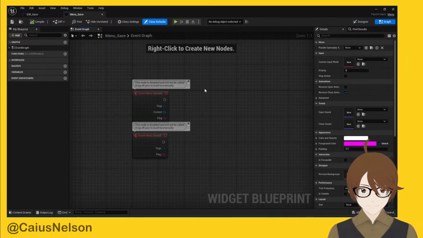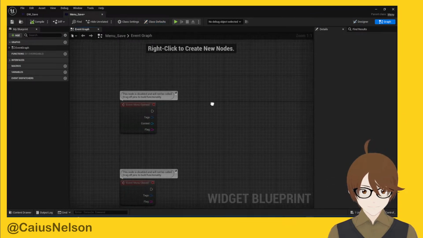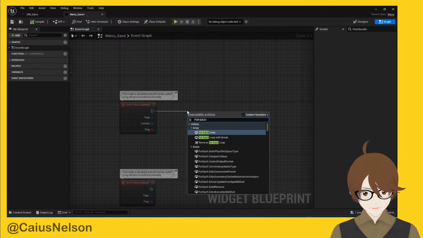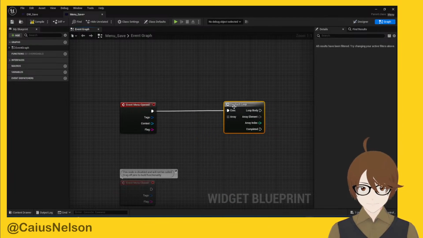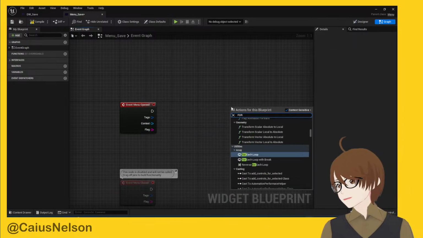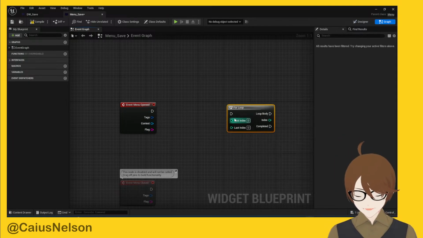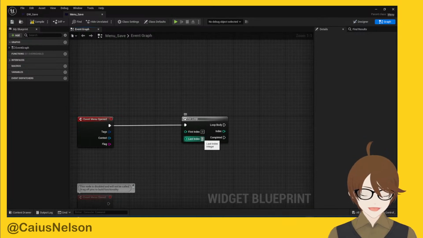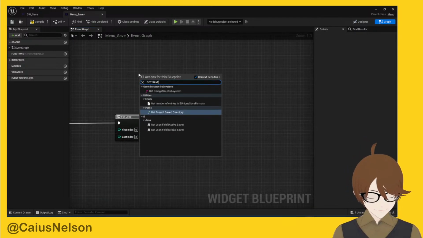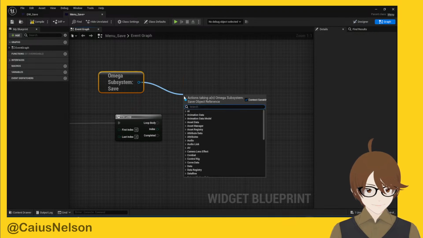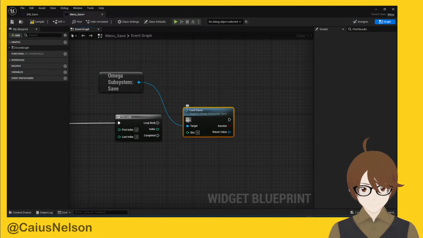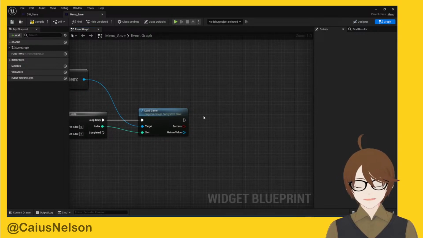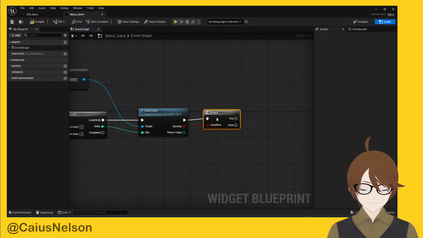And from here, we will say on this for each loop. No, we're going to do a for loop because we're just going to create 3 slots. So do get save subsystem, and we're going to say load game. It should be get game, not load game, but that's what it is. Just get it from that slot. If it's a valid save,